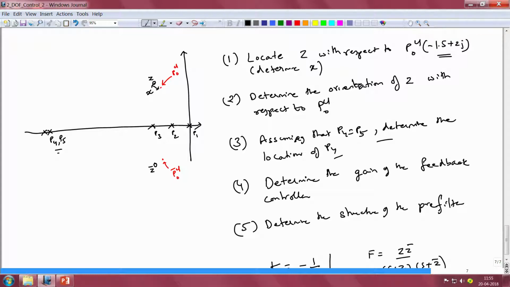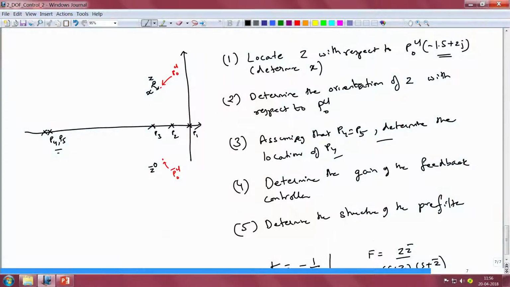The third step is to determine the positions of the two controller poles that we have placed in the interest of causality in the realization of the controller. And here, if we assume that these two poles are coincident, then we have to determine the location of either one of these two poles, and we discussed in the first clip that this location is determined by stability considerations, because these two poles become responsible for other branches of the root locus which could potentially destabilize our control system when the plant's parameters change.